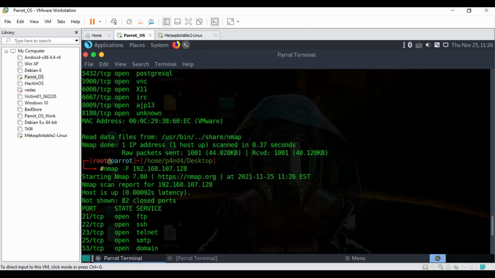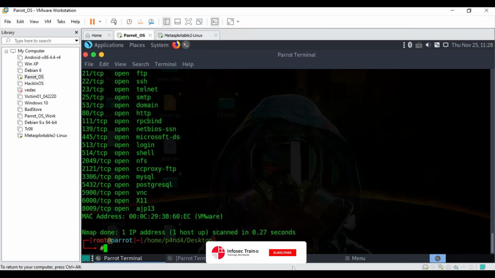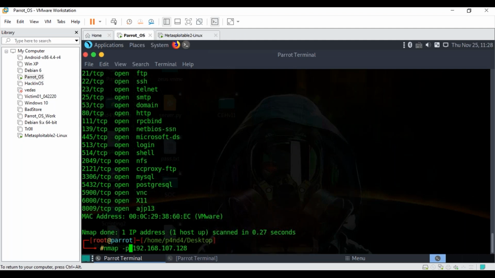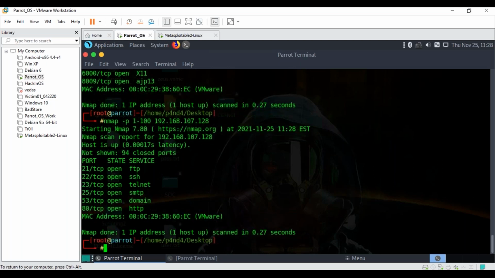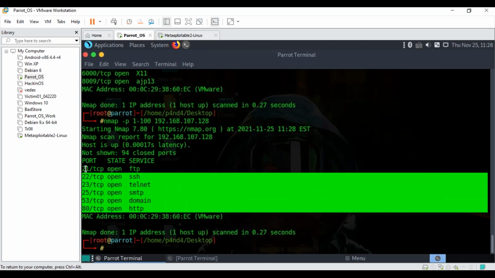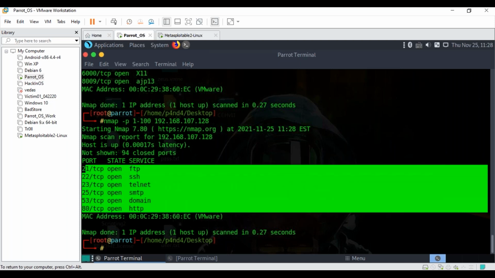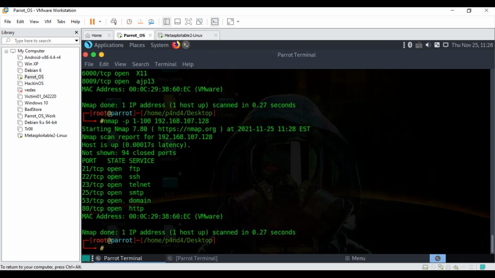If I want to scan from 1 to 100, I write something like nmap -p 1-100 and the IP. Simply do that, and you will notice it scanned 100 ports, 6 are open, and you can say these are not random or well-known ports, because they are in systematic order. Can you see? Not exceeding the number 100 over here, correct? And if you want to specify one single port, you can do that by just writing it like this.